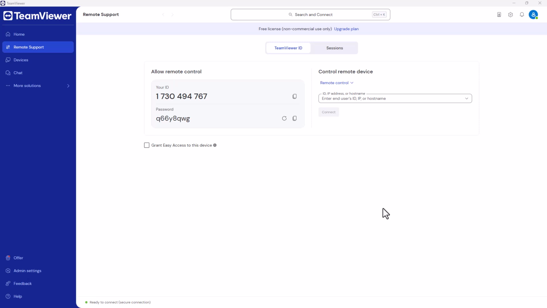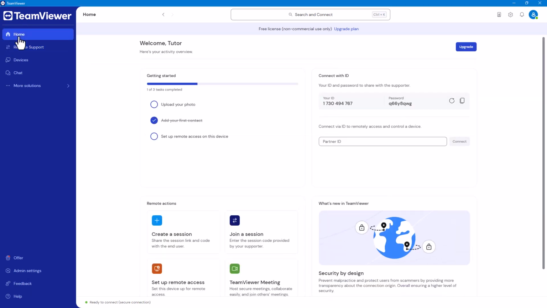So over here, you can see that I have this particular interface right here. If I were to go around over here, you can see that this particular interface is a light interface. If you want to go ahead and change it, let's say, for example, to a dark interface, you can